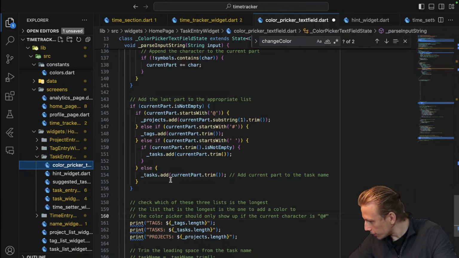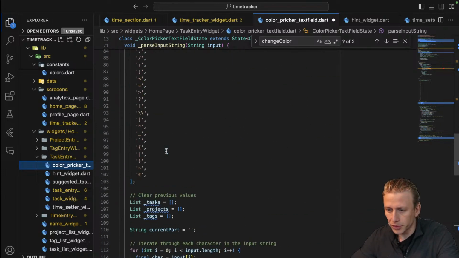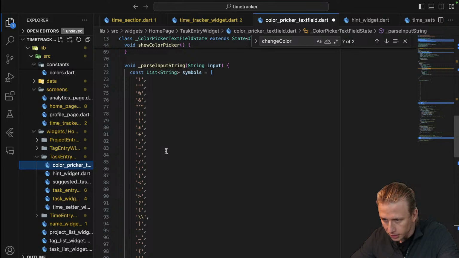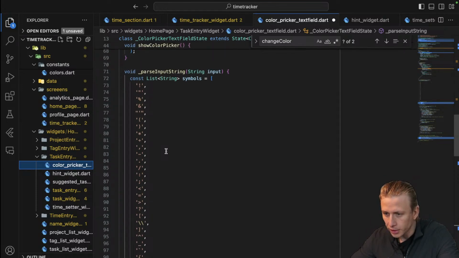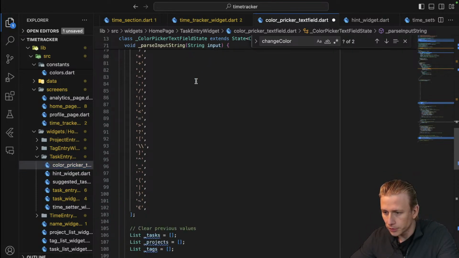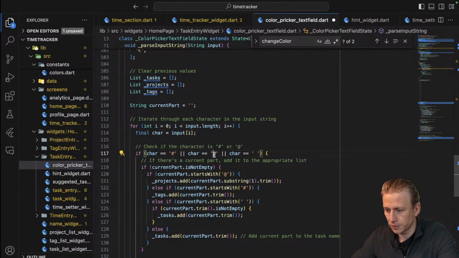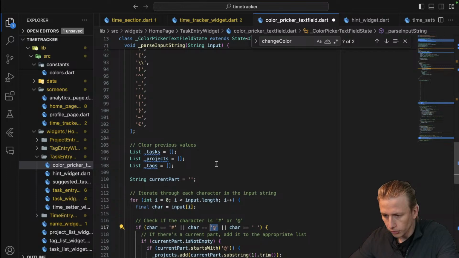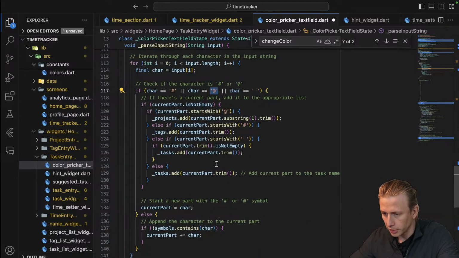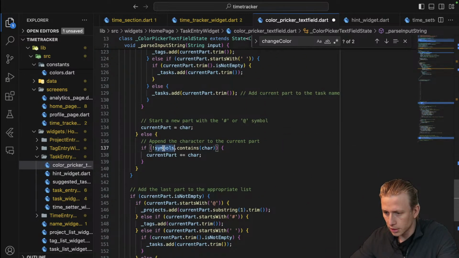Is that a large list of characters just to check against for alphanumeric only? Static final var characters. Yeah, I don't remember exactly what we were doing here, but symbols, because we want certain symbols. But I don't remember where we used the list. If symbol does not contain the character,